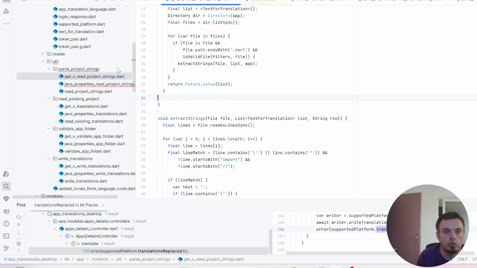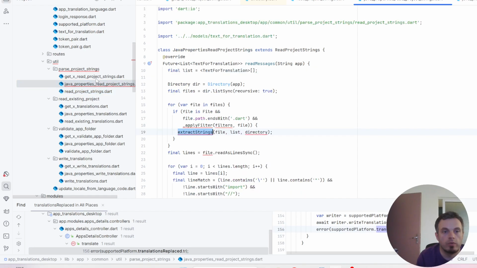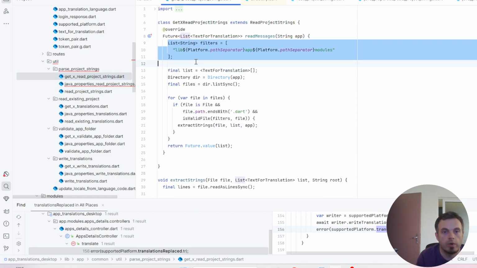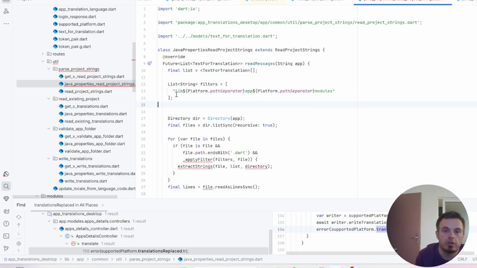You just need to define what will be the filters for Java files. They will need to be located in project src main, well, not in properties files, but